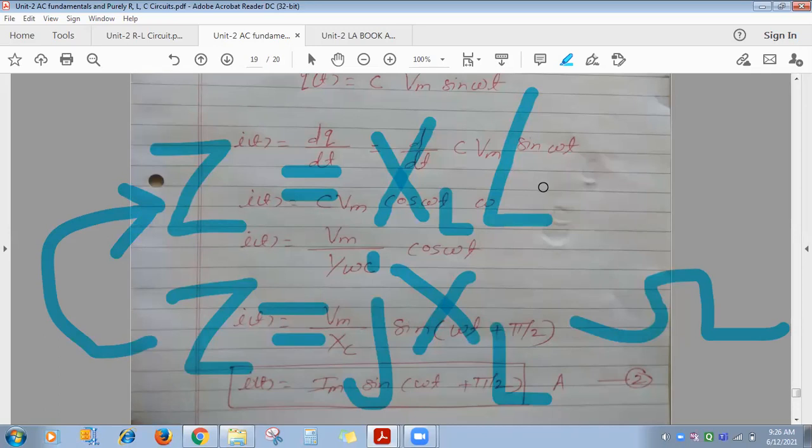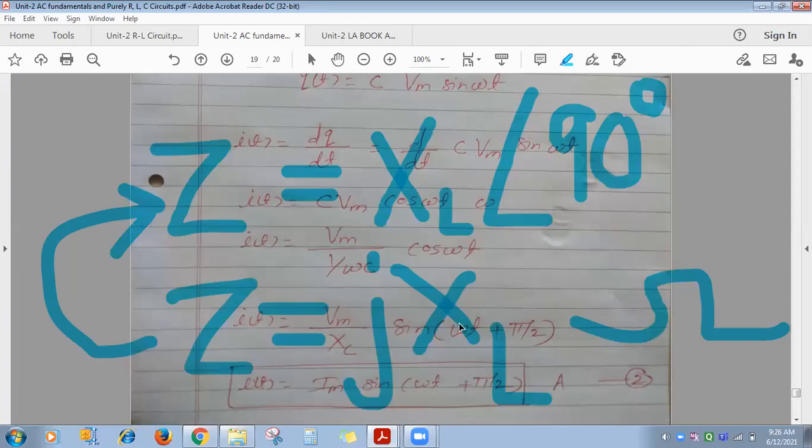Or, as I told you, how we calculate the magnitude: square root of the square of the real part plus the square of the imaginary part. Our angle कैसे calculate करता है? Tan inverse of imaginary part upon real part. So tan inverse of 5 by 0 is what? How much angle will you get? Plus 90 degree.